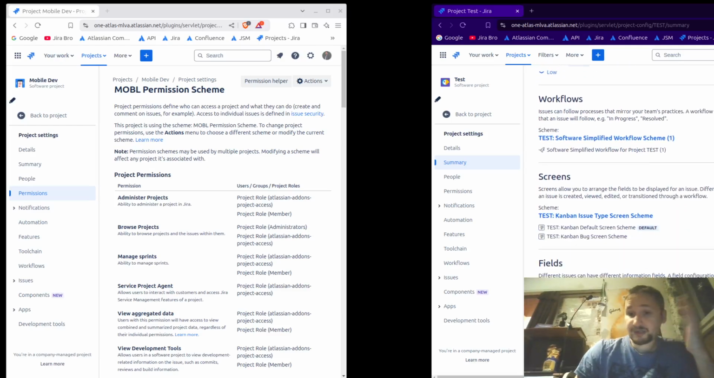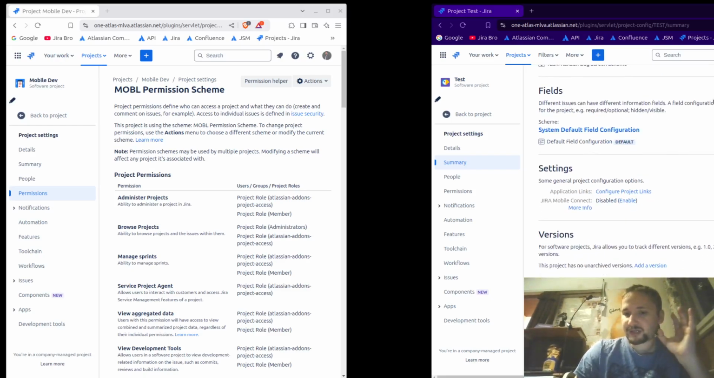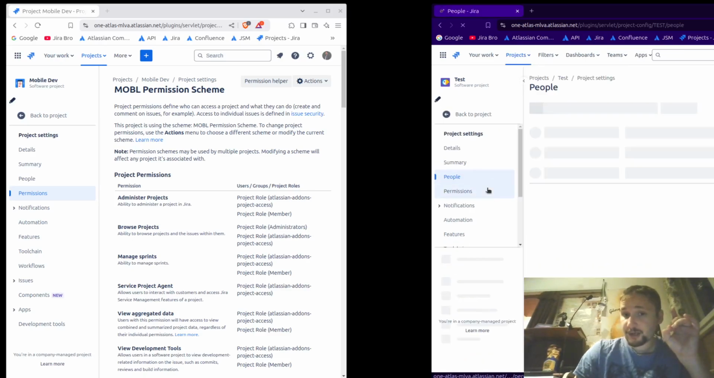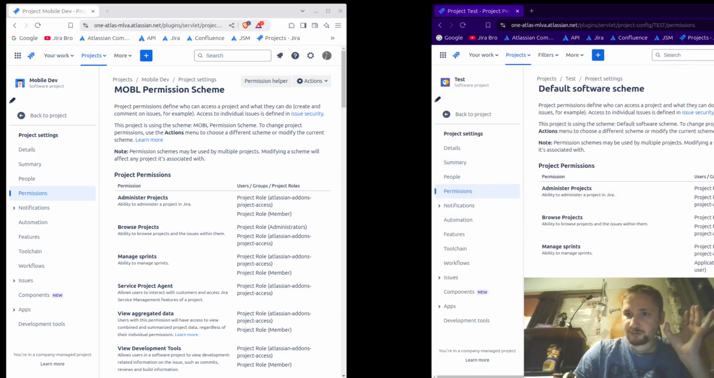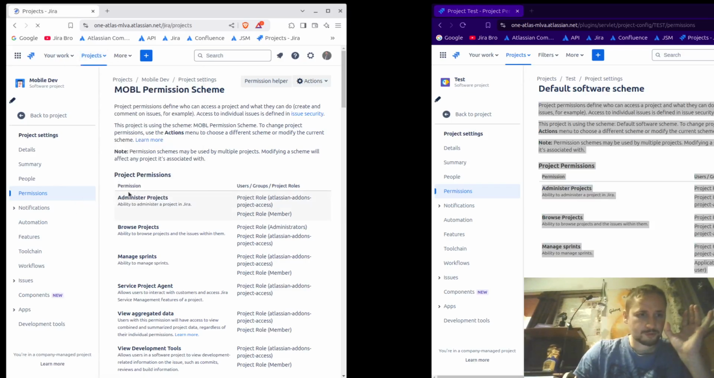The second thing is that if they want to change any kind of scheme or something like that, they cannot do this at all. The only thing they can do is create automation rules. They can add people to the projects. They cannot really change permissions, they cannot change permissions at all, because when you go here and when I go to